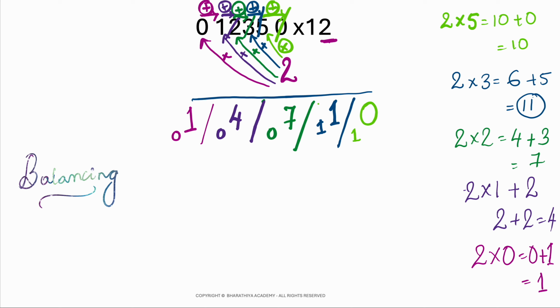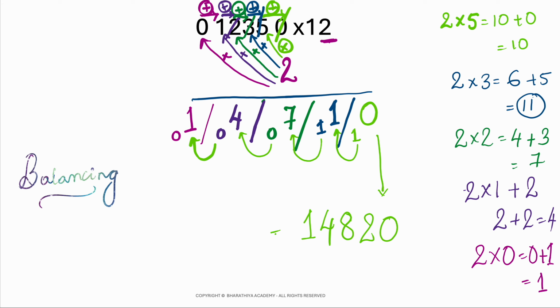Okay, so to arrive at the answer, the 0 will come as it is. This 1 will be added here. 1 plus 1 will be 2. This 1 will be added here. 7 plus 1 will be 8. This 0 will be added here. 0 plus 4 will be 4. This 0 plus 1 is 1. Perfect. So our answer is